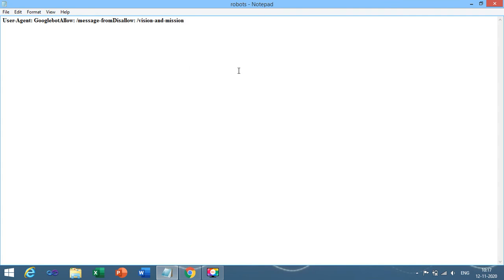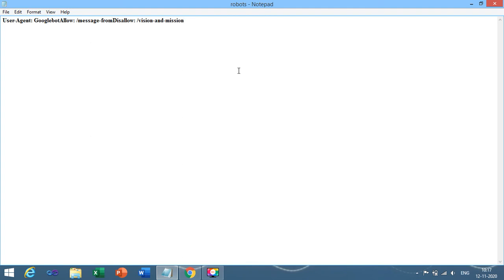Now you need to copy this file and paste it in the root location of your website. As we have discussed many times in the theoretical portion, you need to put the robots.txt file in the root location of your website, so that the crawler can easily find it.